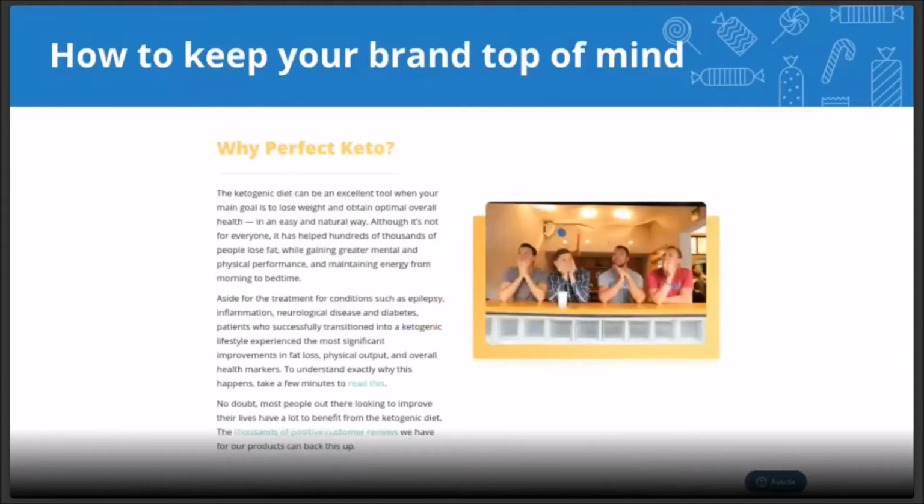Here you can also see a picture of the team, a funny picture, and some text explaining exactly why the company started, why these people are joining the company, why they are working here: because they're passionate about the products that we sell, and because they believe in our mission statement, in what the company wants to do.